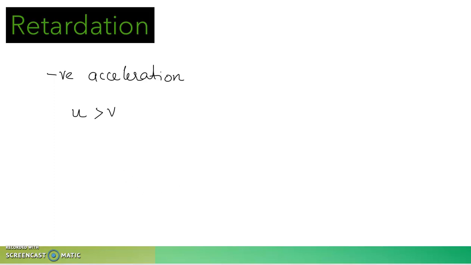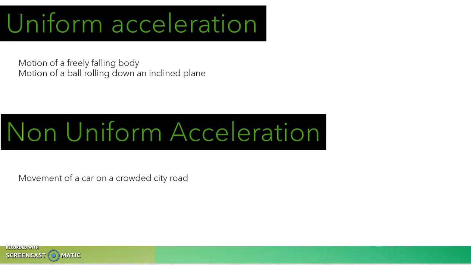In some cases, the traveling of vehicles will not be at a uniform rate. That means the speed will be different at different time intervals. So we can classify acceleration into uniform acceleration and non-uniform acceleration. Non-uniform acceleration is what we normally see in our real life. Most of the motion will be non-uniformly accelerated motion.